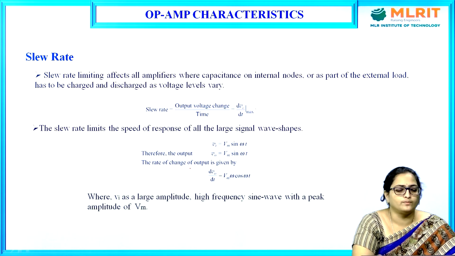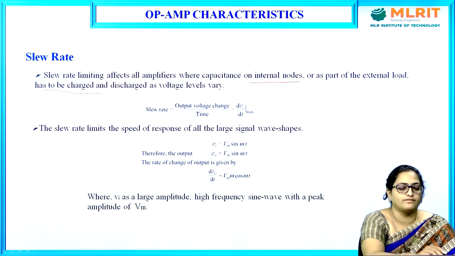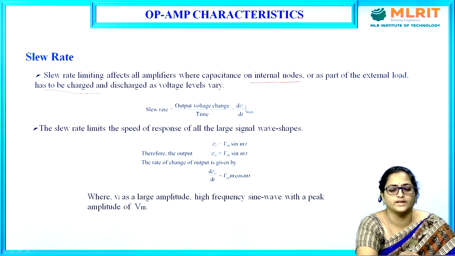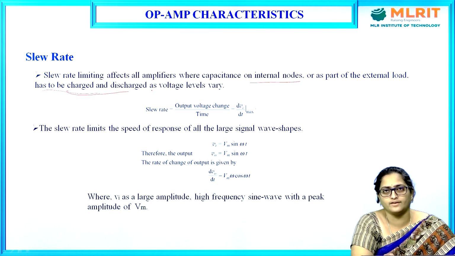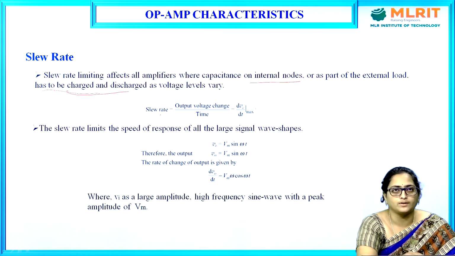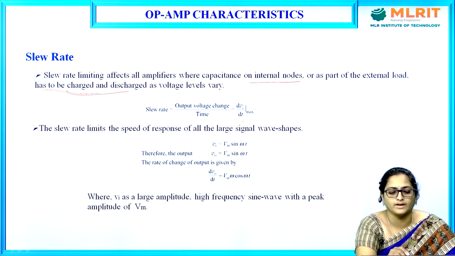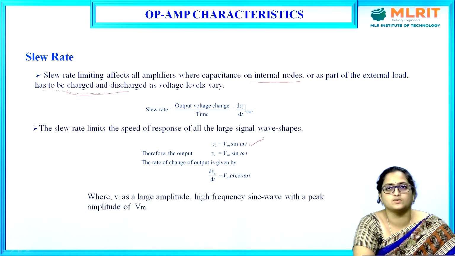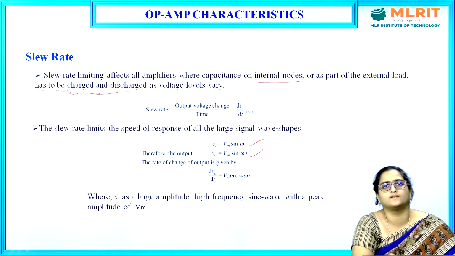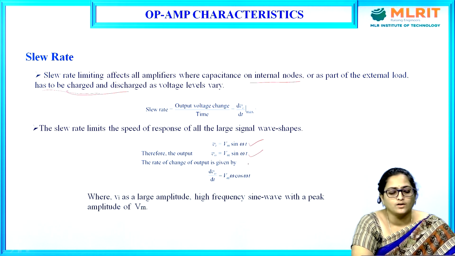Let us assume the slew rate limiting affects all amplifiers where capacitors on internal loads or a part of external loads have to be charged and discharged as the voltage level varies. Slew rate is determined as the rate of change of output voltage with respect to time, that is dV0 by dt max. So, let us assume that Vi is the input signal, that is Vi equals Vm sin omega t, and it produces the output V0 equals Vm sin omega t, where dV0 by dt is given as